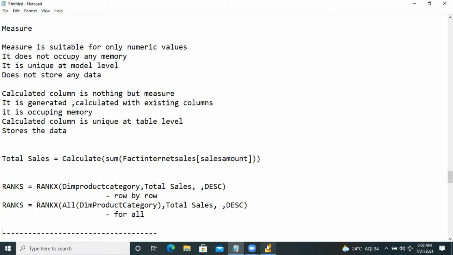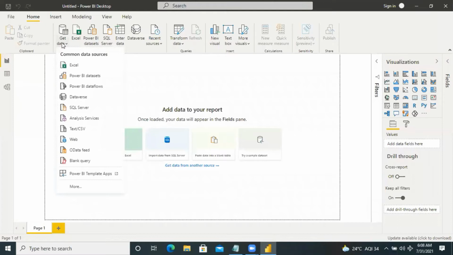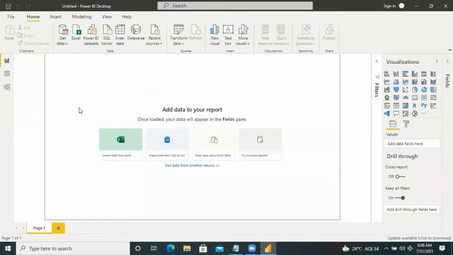So how can we use the CALCULATE function? Here I'm taking the tables and loading small-scale data, so it is easy to practice and change the data also. Prepare the data.